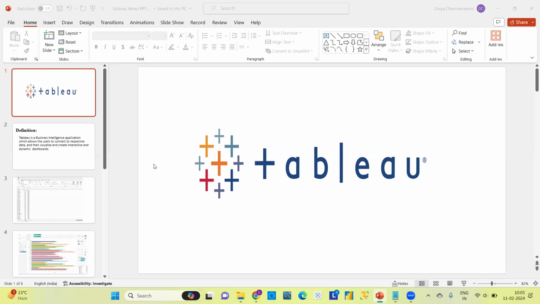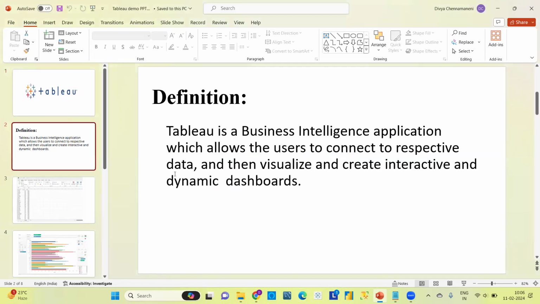So let's see what Tableau is. Basically, Tableau is a visualization tool. We can create reports or visualizations by using Tableau. So what is visualization? For example, imagine I have given you some pages, like 3 to 4 pages.